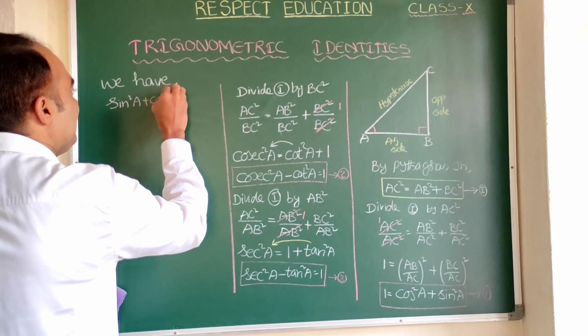So here you can ask me, sir, here you have tilted it, means you have changed the order. Can we change the order here? Can we write tan square A minus secant square A? Is it possible? No. Why? Because here it is addition. However you add, you will get the same answer.